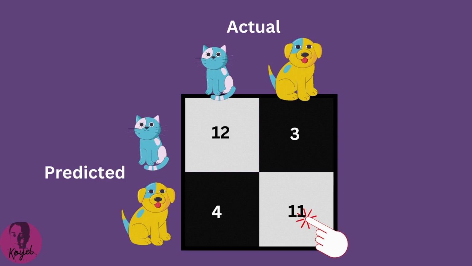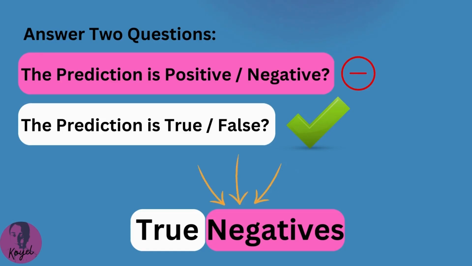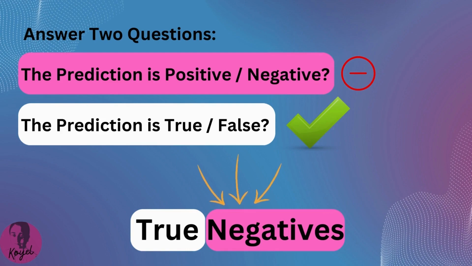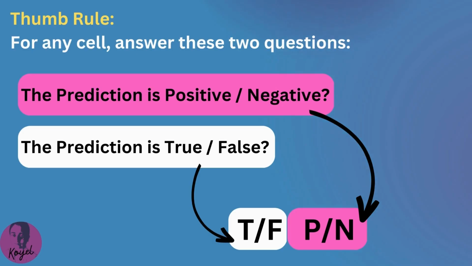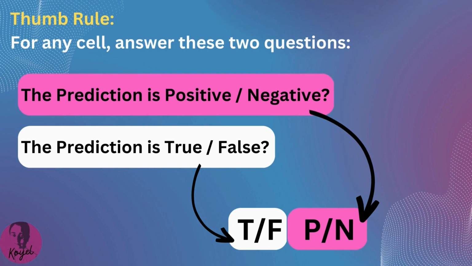Repeat the same procedure with the remaining cell of the confusion matrix. The answer of the two questions are negative and true here. Compiling, we understand what it represents. In this way, we reach at our thumb rule. Target any cell in your confusion matrix and answer these two questions with respect to that cell. Combine the answers in reverse order, and you get the term pertaining to that cell. Now you know how to avoid the most common errors while interpreting a confusion matrix. To tackle the remaining 1%, follow the next section.